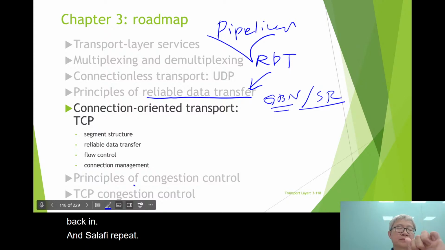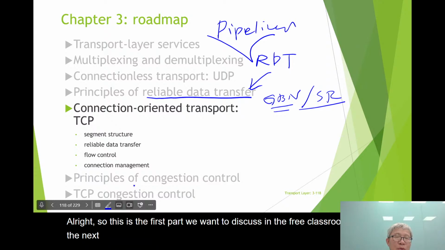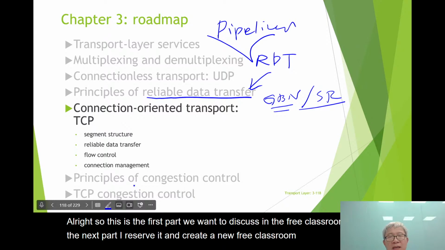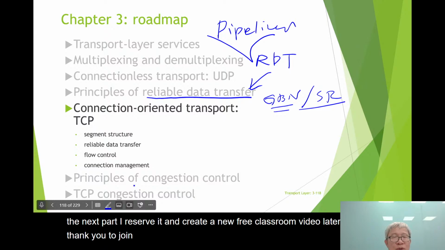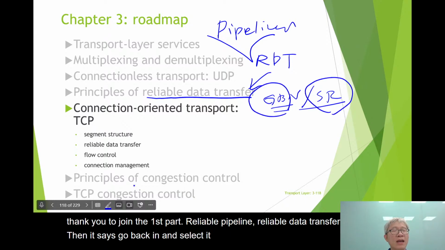All right, so this is the first part we want to discuss in the free classroom. And the next part, I reserve it and will create a new free classroom video later. Okay, so thank you for joining the first part, reliable pipelined data transfer, that is, GBN and selective repeat. Alright, later I will start the second part to talk about the